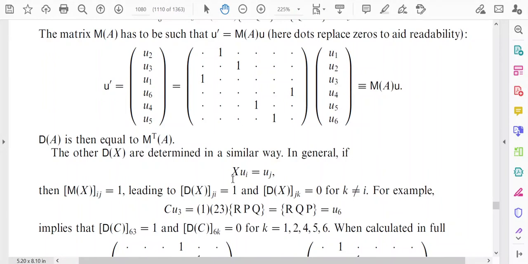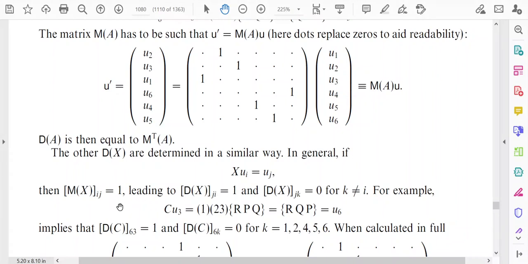And if you look at the representative matrix, the sum of the elements will be 1. If we say this is the M matrix, then Mx Ij is equal to 1 for some values of Ij. It means that the sum of the elements is 1 here. So if Mx Ij is equal to 1, then dx Ji is equal to 1. Why are we writing the index Ji?